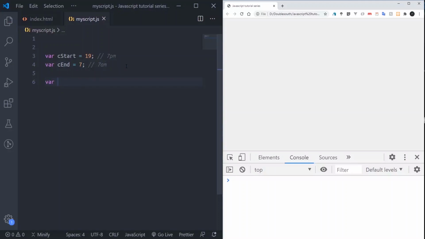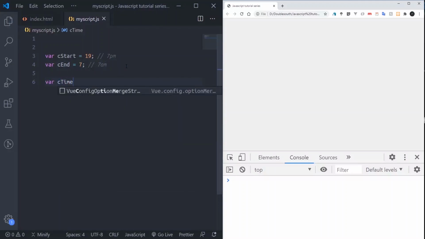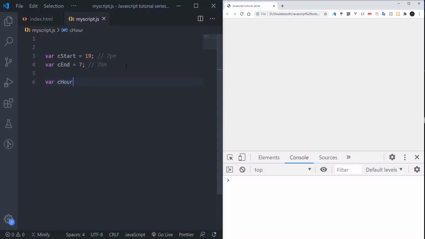Now I'll create another variable, current time, or rather current hour, because I don't want to do an advanced comparison with minutes and the rest. I'll put 10 o'clock in the morning. Normally at 10 o'clock nothing happens, because that is normal daytime, outside the curfew. And for the evening we could just start.